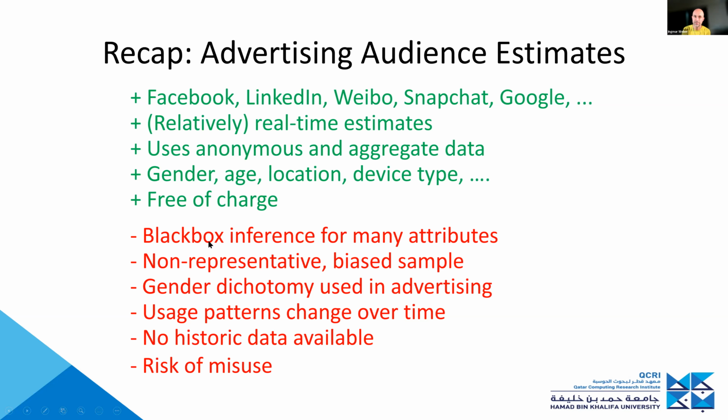Now, some of the drawbacks. First, it's a black box. We don't know exactly how Facebook infers some of these attributes, and this black box can also change over time. Of course, this data is highly non-representative. I showed this Jackie Robinson example, where in India you only have the rich, well-educated women on the platform. I mean, not only, but they're overrepresented. So it's a challenge: what generalizable conclusions can you draw from that?